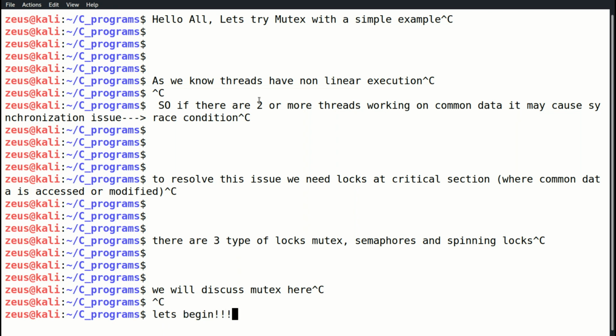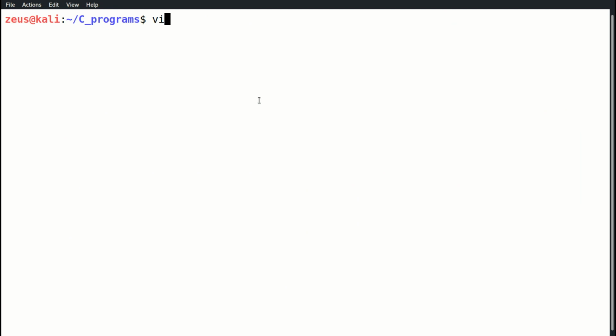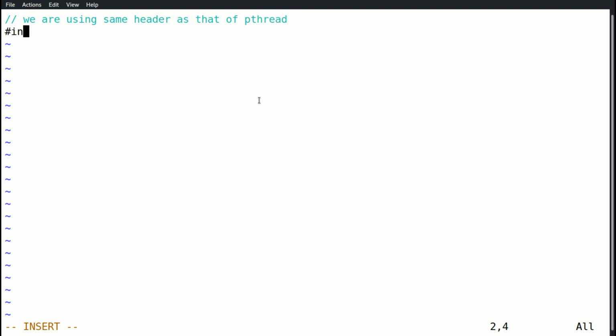So let's begin with a program. Since we created a one-thread program in our previous video, we are using a similar program to execute the critical section in such a way.